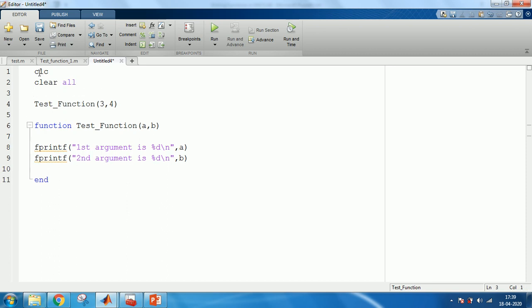So what will happen if you run this code? You are passing two arguments 3 and 4, and these will be passed to the function test function, and it will print these two input arguments using fprintf. So let's run it and check.